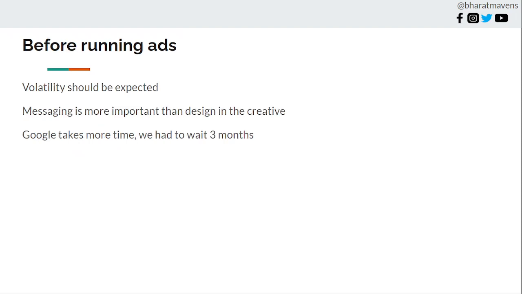Before running ads, what should you know in Google Ads? Volatility should be expected. Message is more important than the design and the creative, and Google takes more time. We have to wait 3 months at least before you actually see meaningful results. This can vary based on the niche, but we have seen roughly about 3 months before you actually see consistent